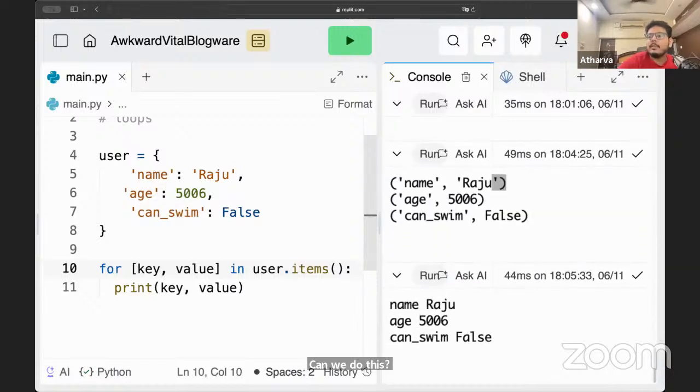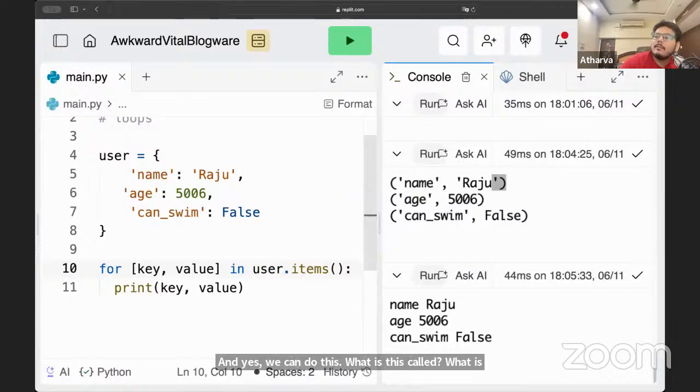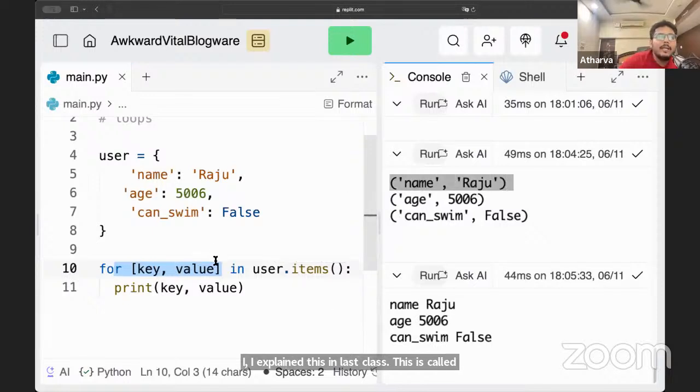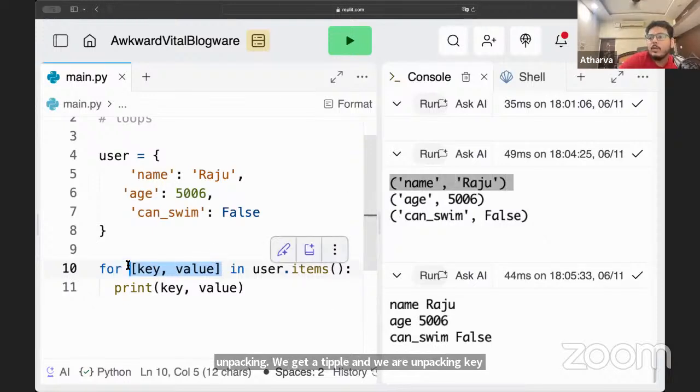And yes, we can do this. What is this called? Quickly. Unpacking. It's called unpacking. I explained this in last class. This is called unpacking. We get a tuple and we are unpacking key and value out of it.